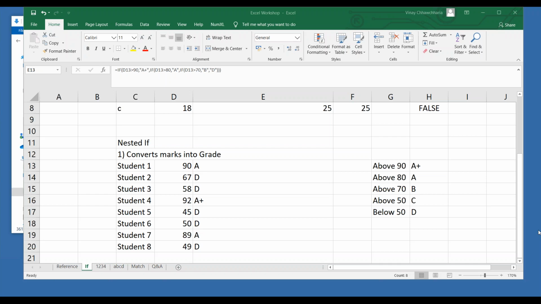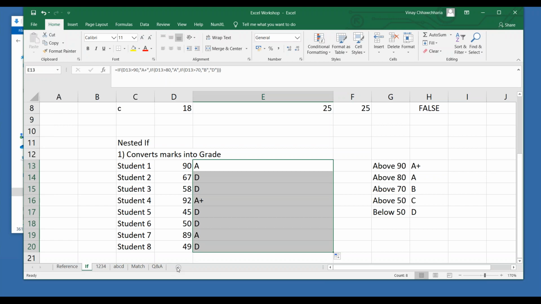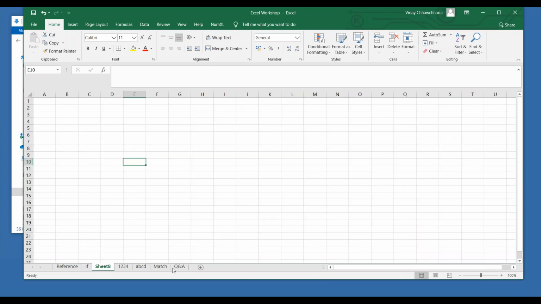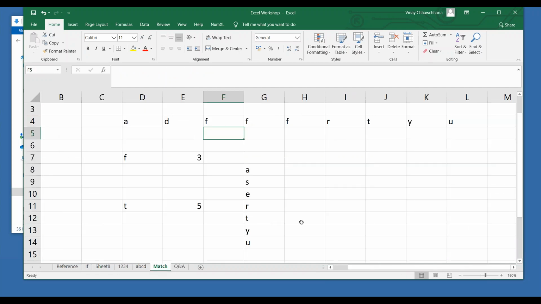Can you show us the transpose function? Yes, transpose. So let me show you transpose. Let's say now it is there in a vertical fashion. If I want to transpose this, I'm just removing a few characters so that it becomes easy. Now this is this way. Control C. Let's say I want to transpose it here.